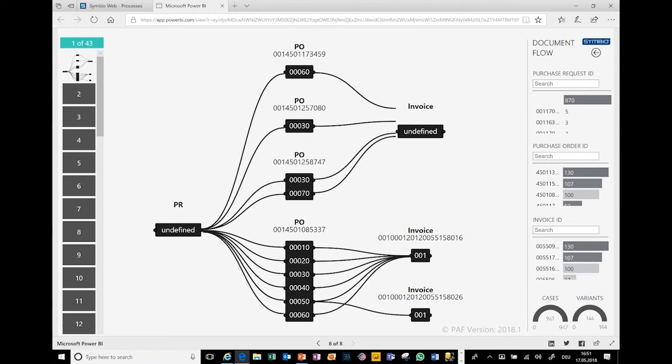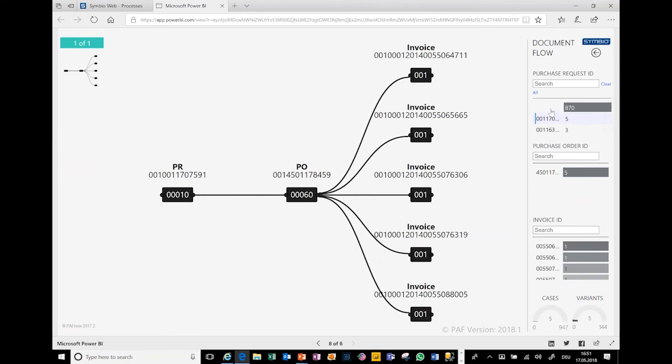But in this example, you could look at specific documents, for example, specific purchase requests, and then you will see automatically, okay, I have a purchase request, I have the respective PO, and I see that I have different invoices for this one purchase order. So a different view, not really on the process, but on the documents that go through the process.